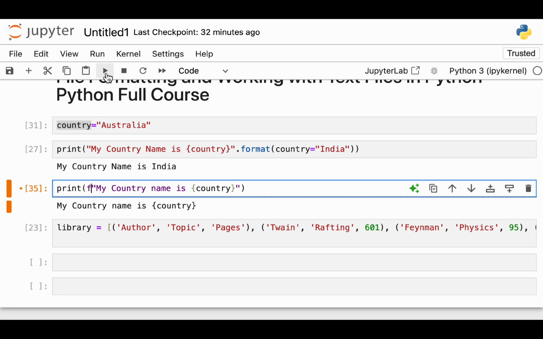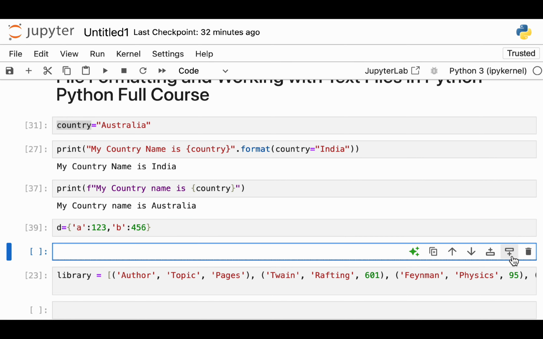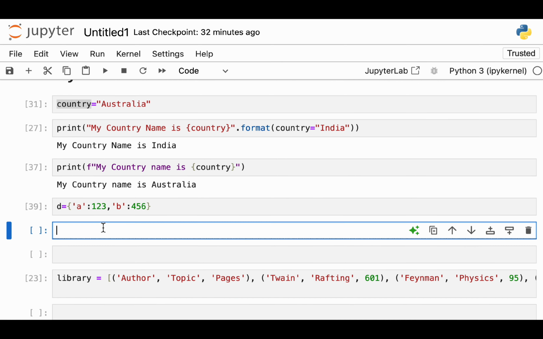Now we can leverage this. Suppose we have a list, for example, or let's say we have a dictionary. D is equal to, we have a key A, and let's mark it, for example, 1 2 3, and then there is B, and let's mark it 4 5 6. Let's close this dictionary. Now how can we address this particular dictionary? We will print